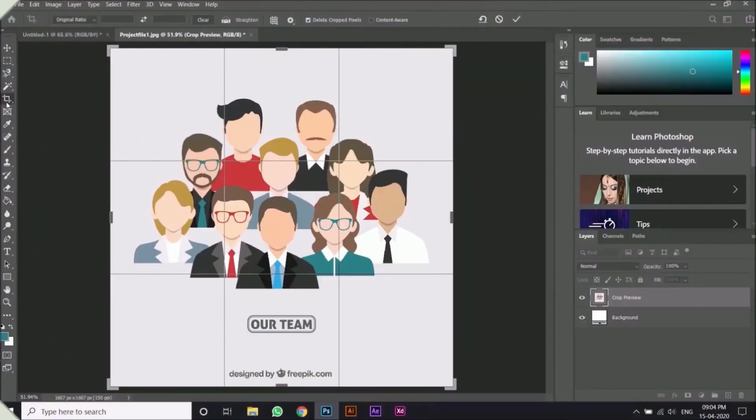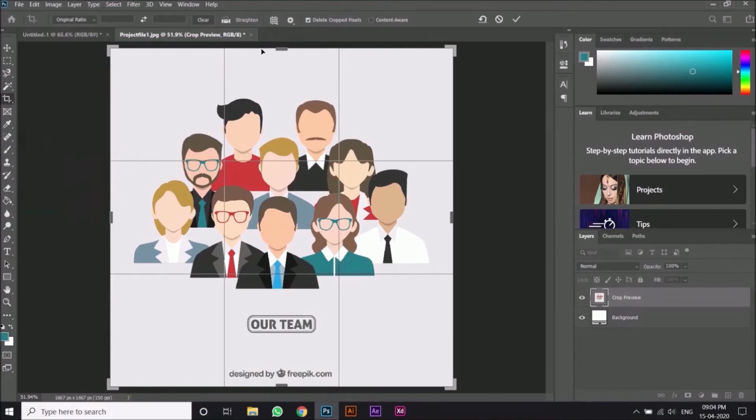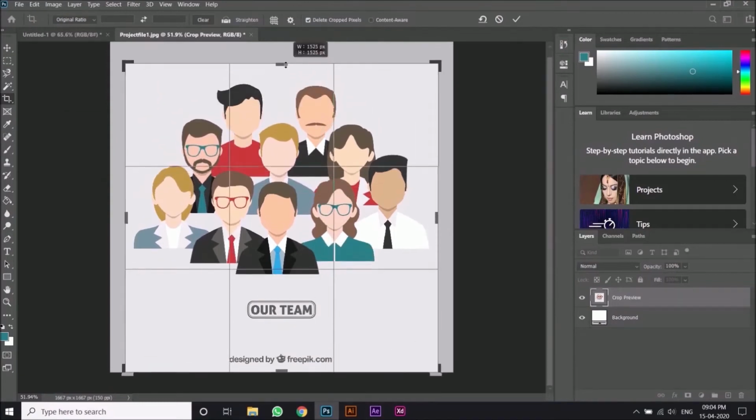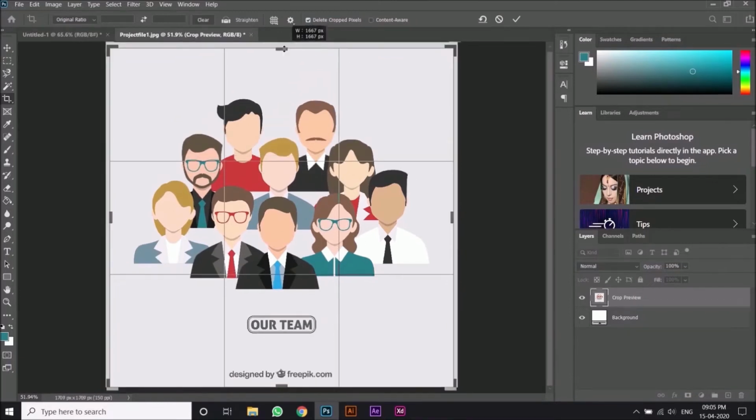The next tool we'll be learning today is the crop tool. As you know, the crop tool helps us in cropping the image. Here you can see we can select the part of the image where we want to crop. If you don't want a square selection or square crop, you can change this by the option